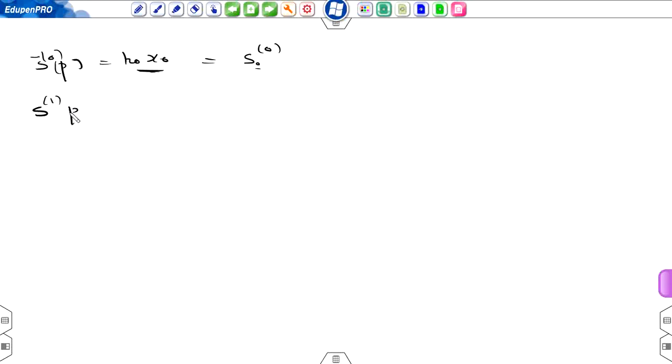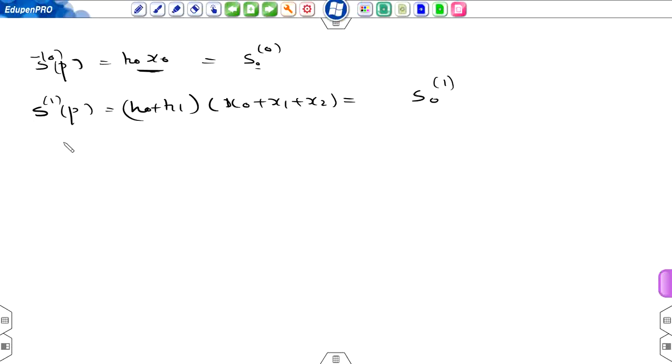S of 1p is h0 plus h1 into x0 plus x1 plus x2, and this can be written as s of 0, 1. Again, this is not a function of p, power of p is 0, so the subscript is 0 and